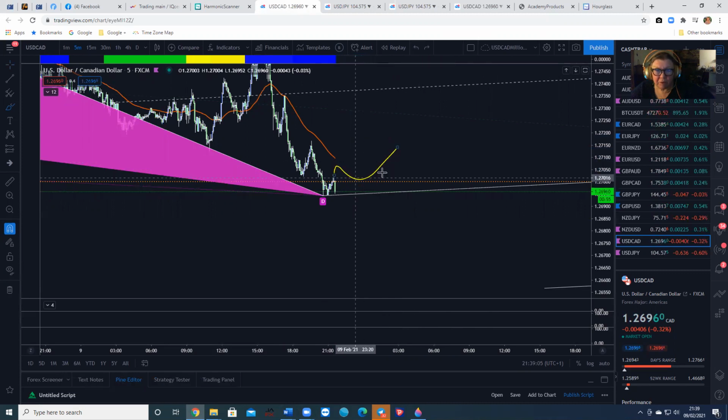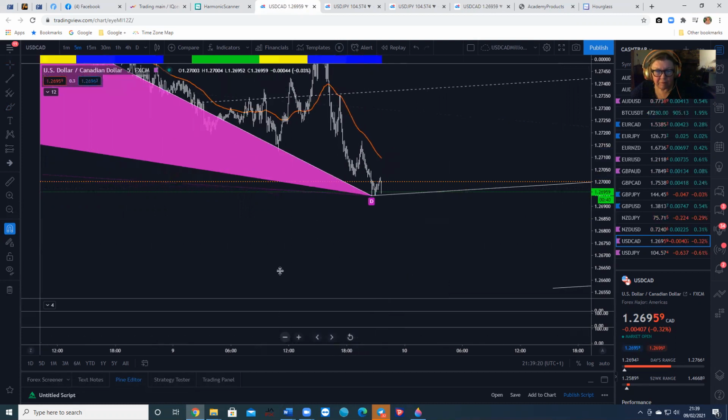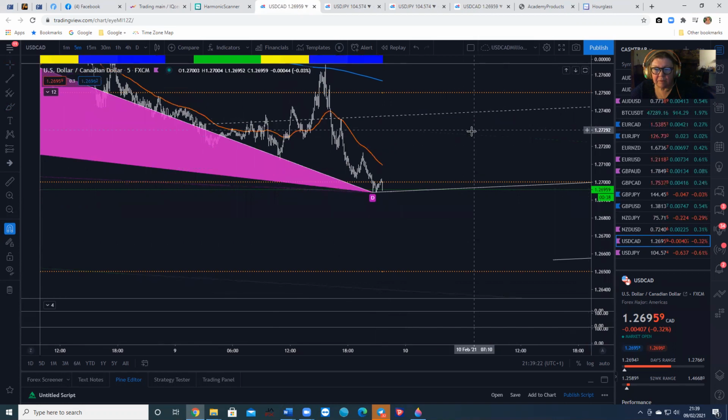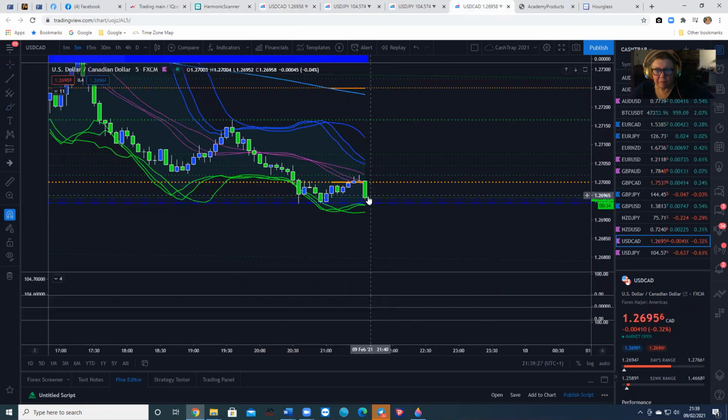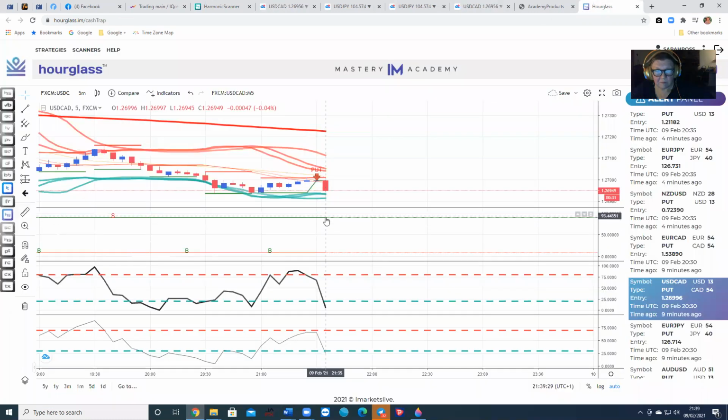So you don't need to follow this analysis. Obviously, Cash Trap works on its own. But the point I'm making to you is that the professional traders will all be fully aware of how the market is moving, and they will be aware of all this. And that is why you can sometimes get the mixed signals,